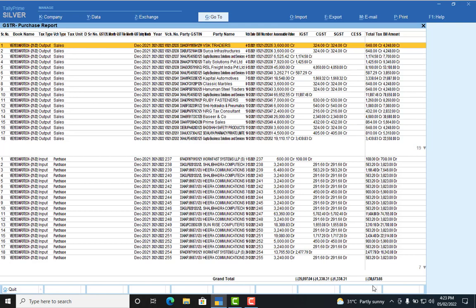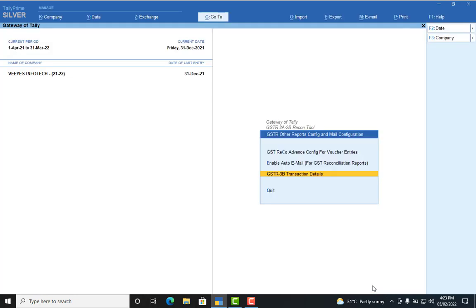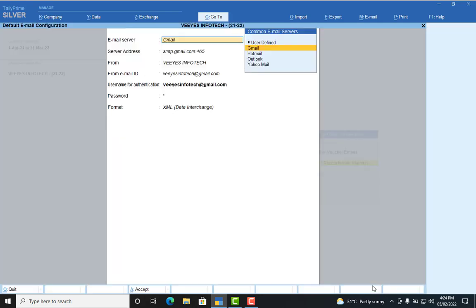You can export this to Excel, and you can calculate everything on this report. You can also send your party outstanding details through the auto email facility, which you know already, as I explained that option many times.